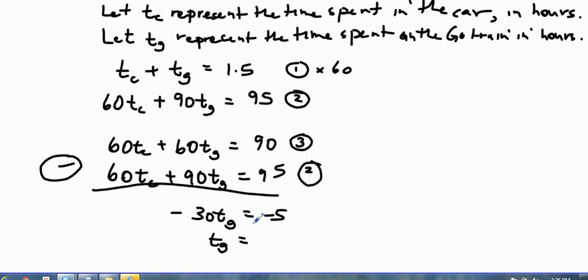Remember the rule that we have: it doesn't come out nicely, 5 divided by 30. So I think I will just leave it for now as 1/6 of an hour, which we could say in minutes. So we're just going to leave that for now. All right, so that's the time spent